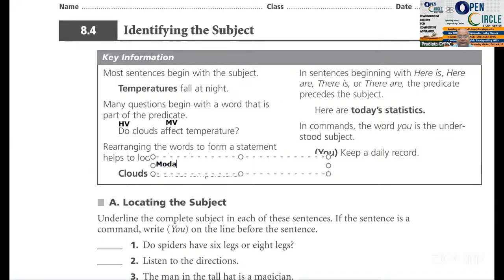Do, if it is in the beginning of the sentence, it becomes a helping verb. And do, if it is in the middle of the sentence, along with another verb, do बन जाता है modal verb. इसका मतलब क्या है, आपको समझ में आ रहा है? Like, I can say,